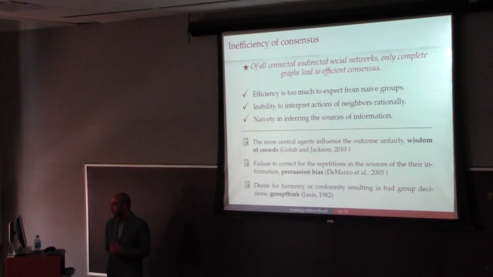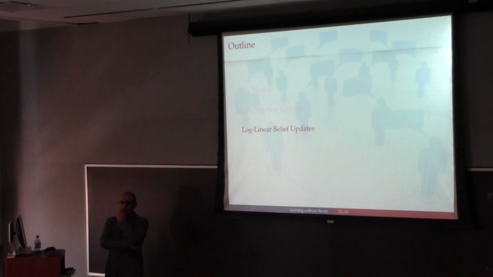Many results in the literature have referred to different variations of this phenomenon. For example, persuasion bias refers to the fact that people in a social network are prone to receiving several copies of the same report of a faraway agent. Therefore, they are persuaded by that agent because they cannot compensate for these repetitions. And there are other examples that point out these structural effects that are associated with the naivety of agents. So this was the kind of insight that we get from a linear model.